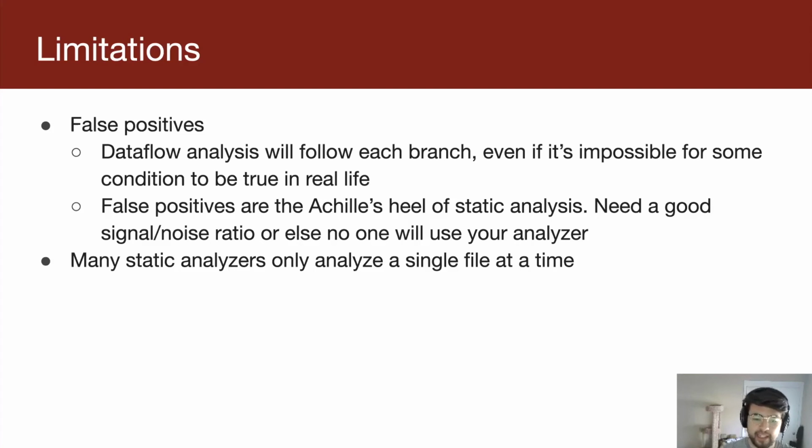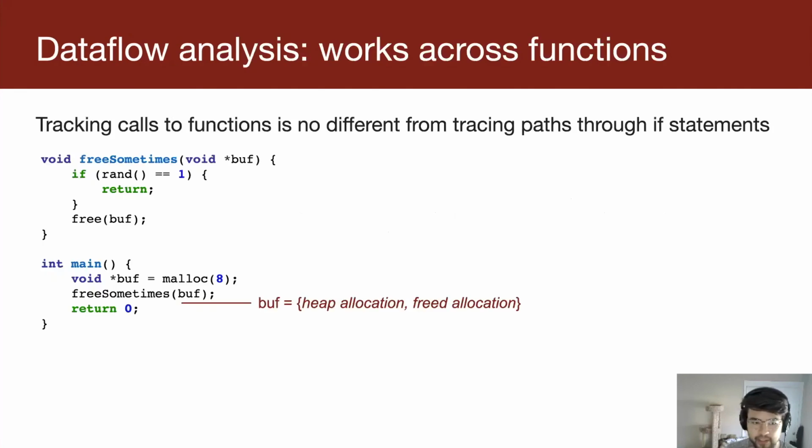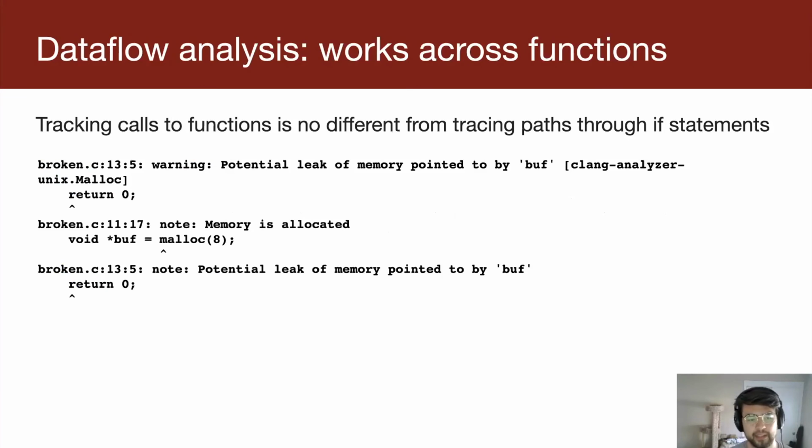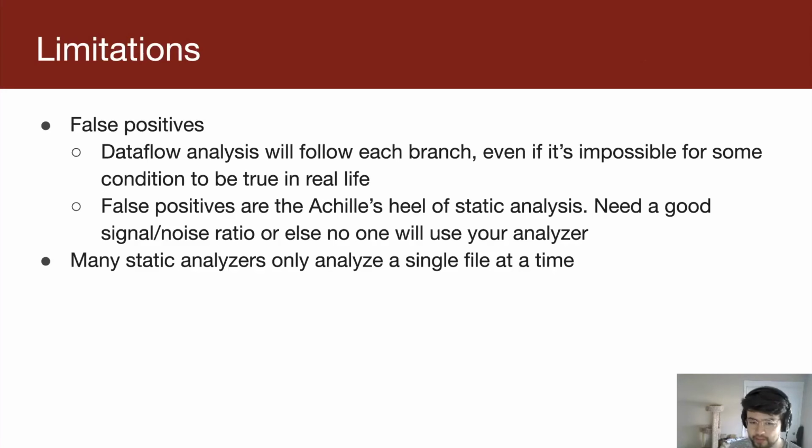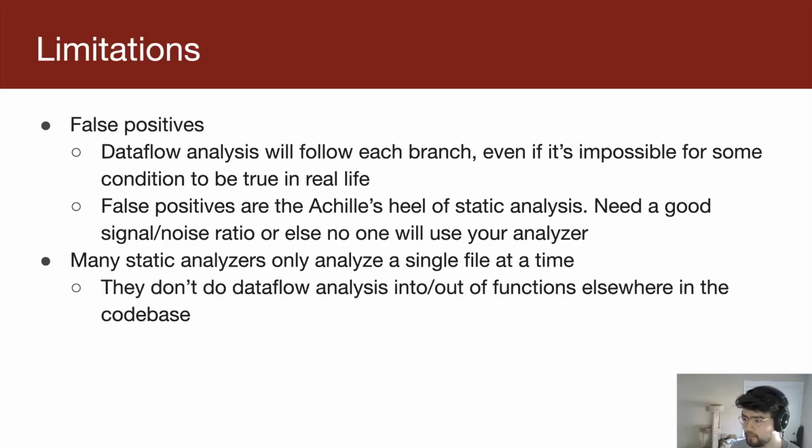And so most static analyzers only look at one file at a time, which means that if you take this example that I showed here and split it into 2 different files, it won't actually find this bug. There are flags that you can sometimes use to join files together, which is called cross unit analysis. But a lot of times they only look at one file at a time, and so they won't find a lot of bugs just because they don't see the whole picture. If you're interested in this, by the way, CS243 is a program analysis class, so they talk a lot more about it there.